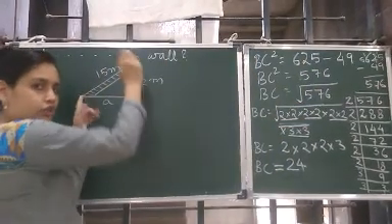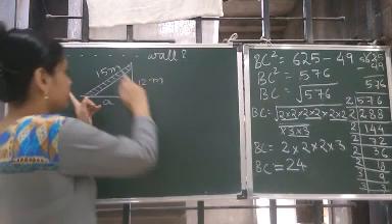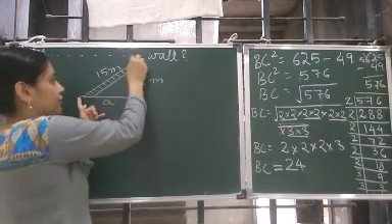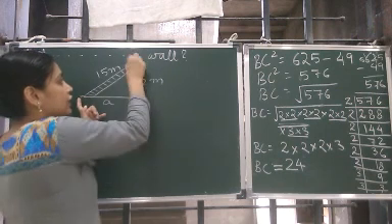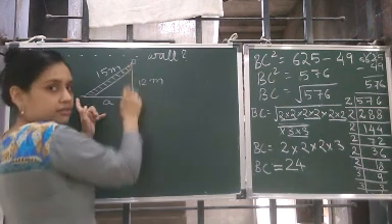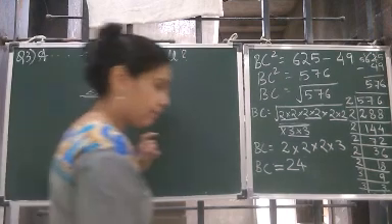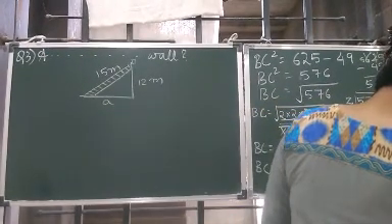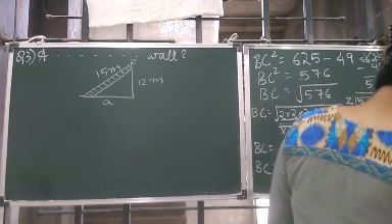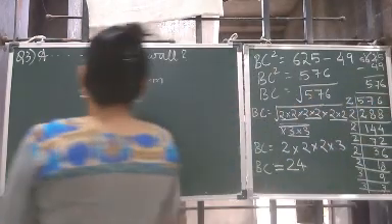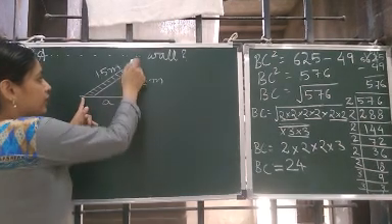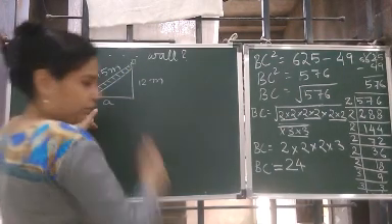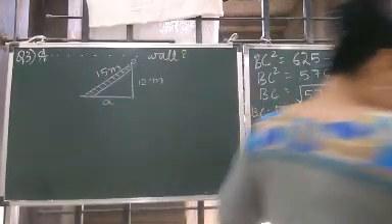Ladder means the stairs which we use for climbing, right? So this is 15 meters and it is reaching one window. The window is 12 meters high from the ground, placing it against a wall at a distance of a, and the distance between the wall and the ladder is a. Okay, on the ground, not in the air up there, on the ground.